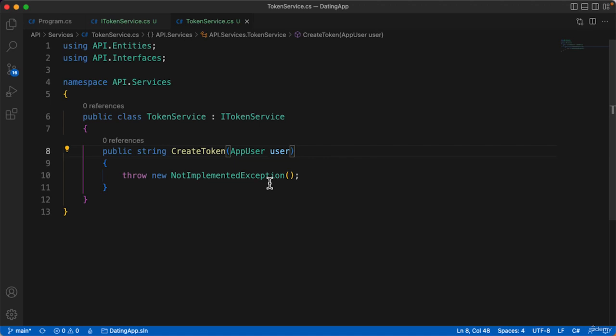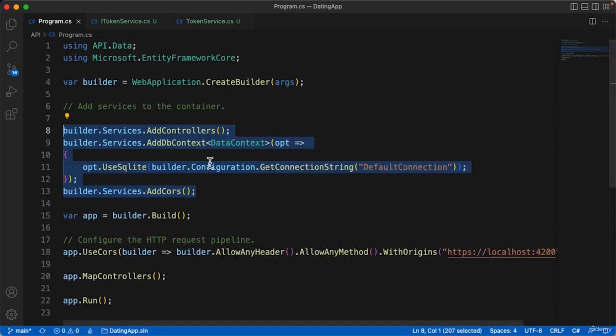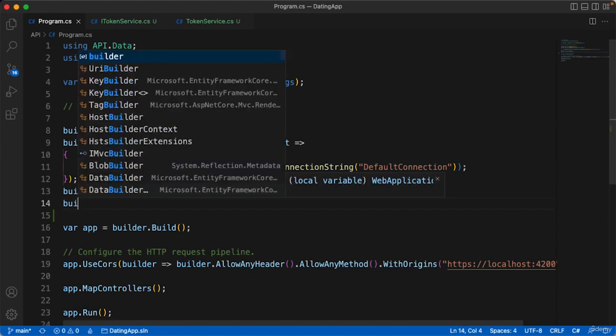Now, in the next lesson, we'll go ahead and add the logic and all the things we need to do inside this class. But for now, we'll just go back to our Program class and add it to our service container so that it's available for injection elsewhere in our application. So we'll go to the Program class, and as I mentioned before, where we put this doesn't really matter. So I'm just going to add it below and say